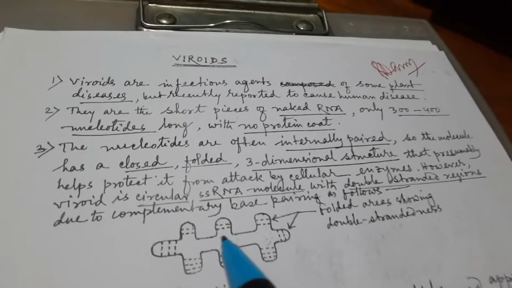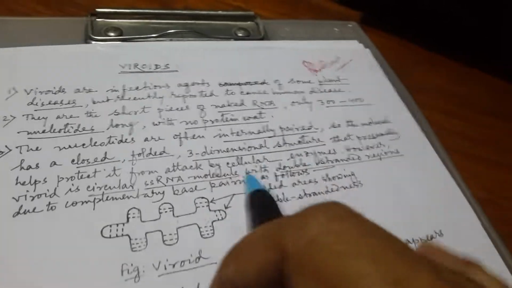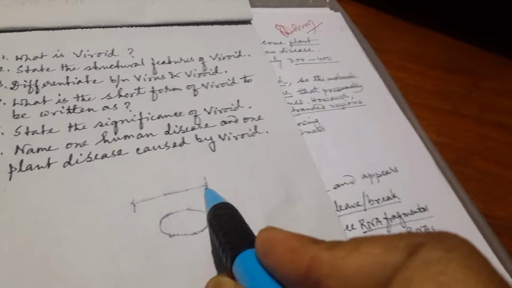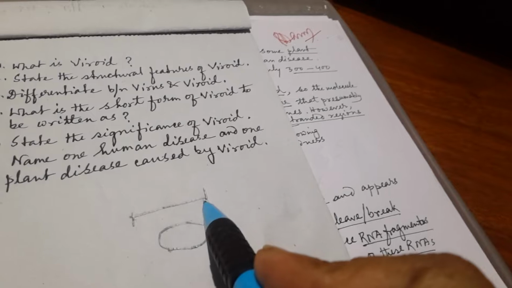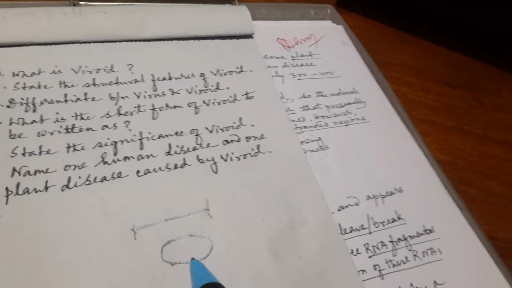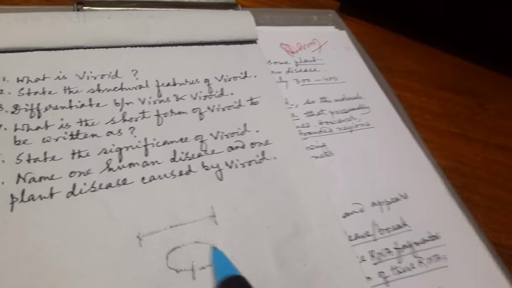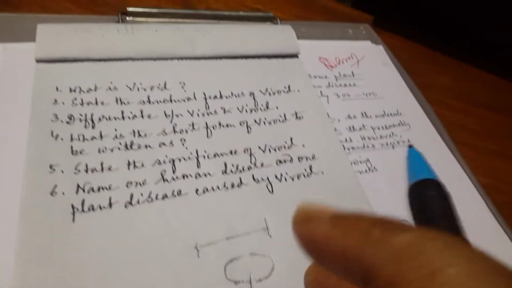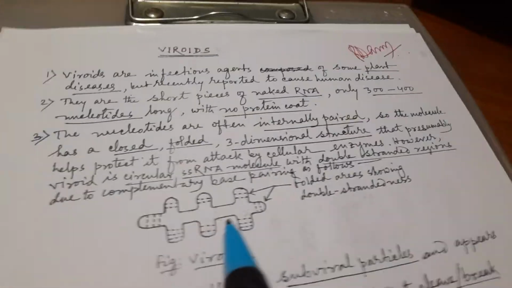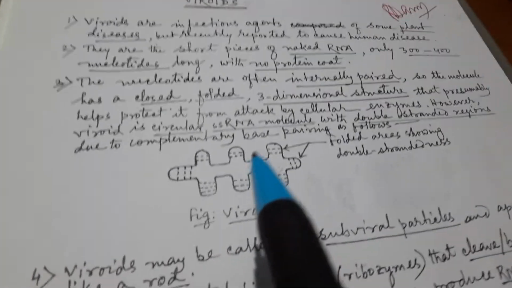Now one important point is that this RNA obviously would be a single stranded RNA. I mentioned here that this is a naked RNA. This is a single strand. When this single strand is open, and when the 2 points unite here, it forms a closed structure. So these are the different features of RNA of viroid.